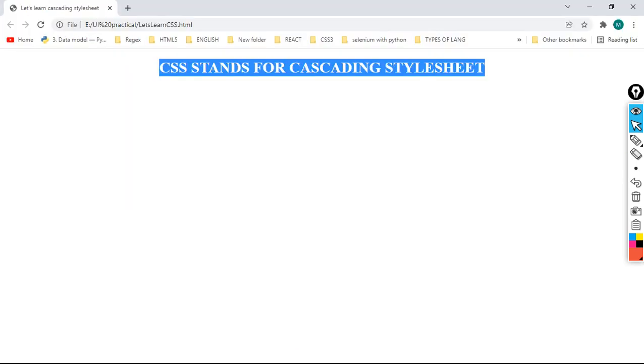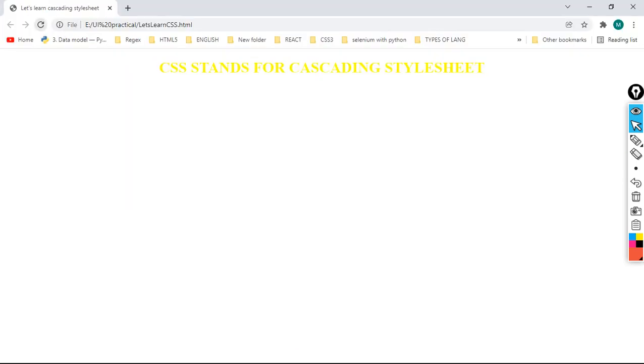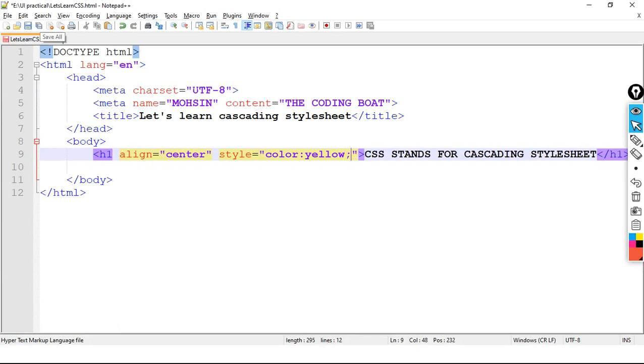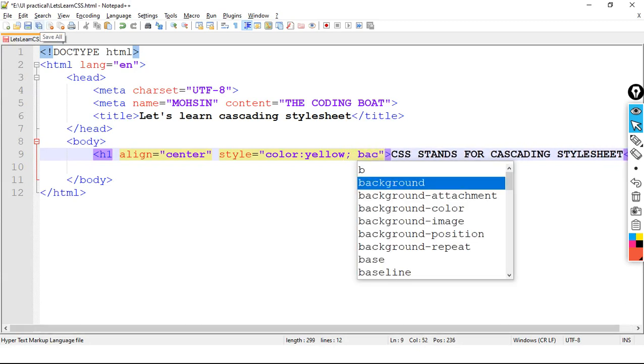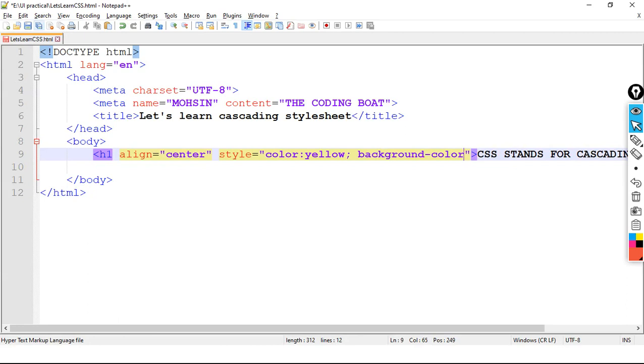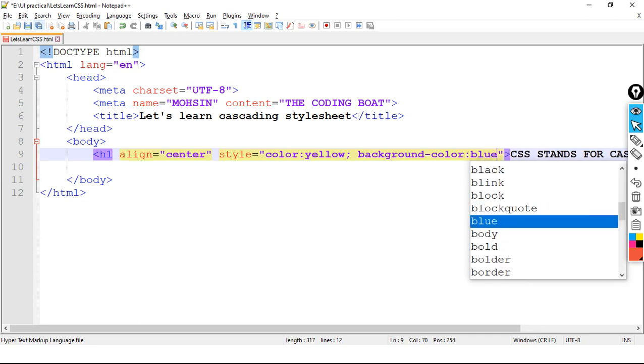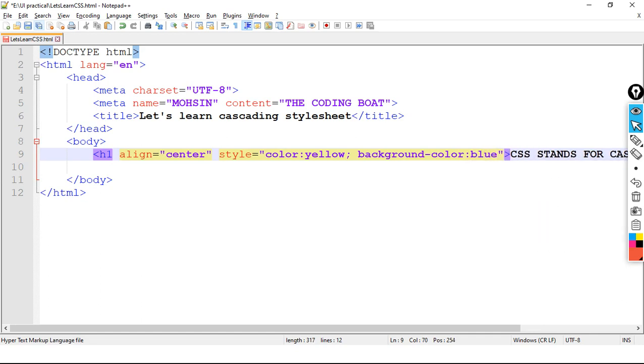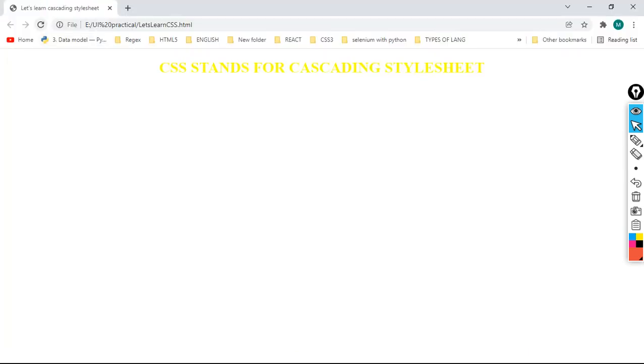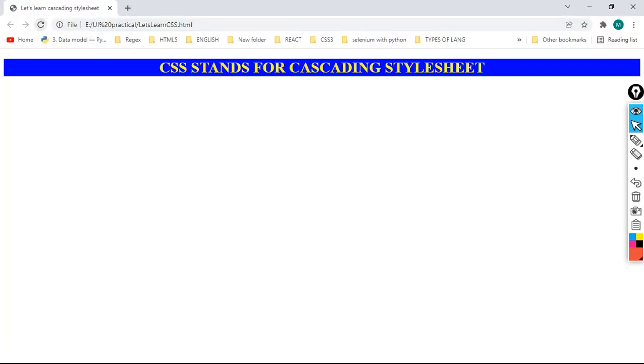Save the code and refresh. Now semicolon, background-color, colon, blue, semicolon. See, this is our style of the HTML document.